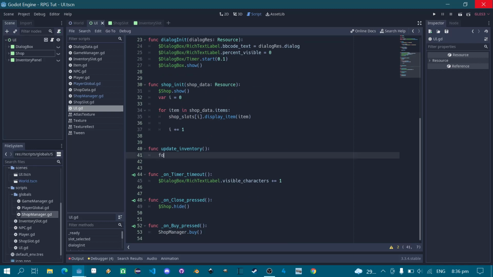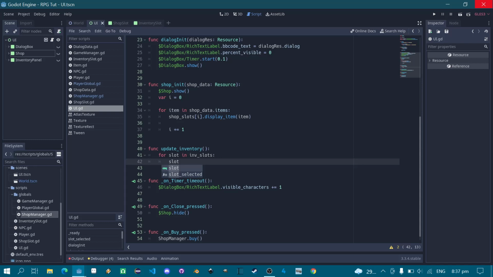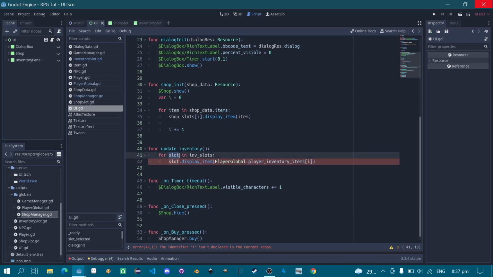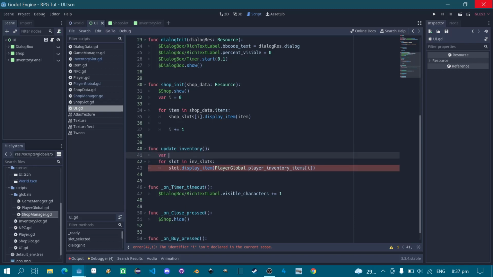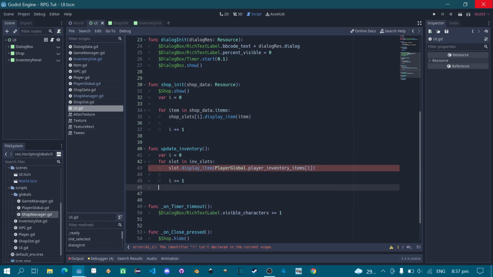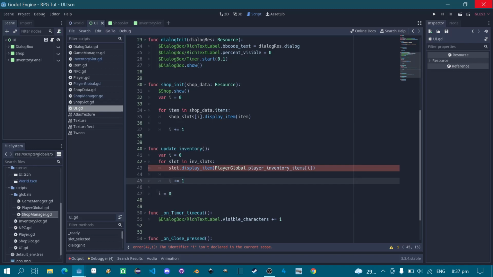Now say for slot in slots, slot display item, and then pass in the player global player inventory items i. Okay, equals 1 and 0. So yeah,